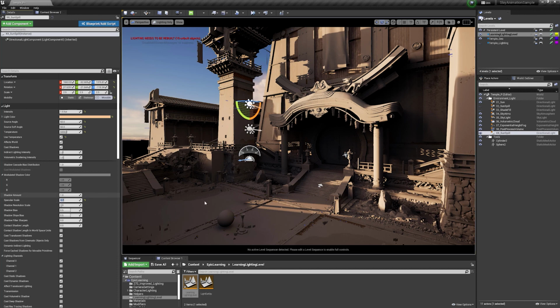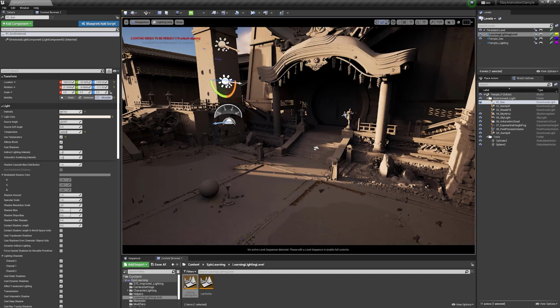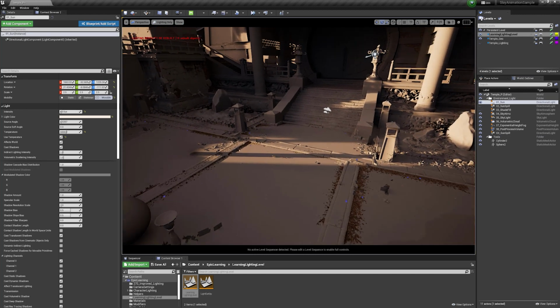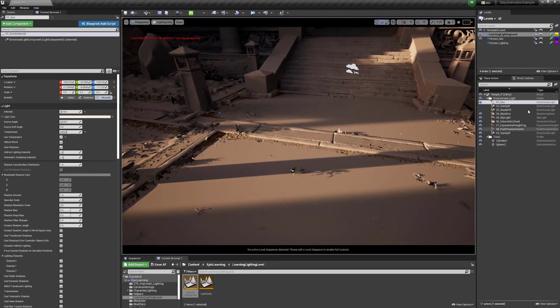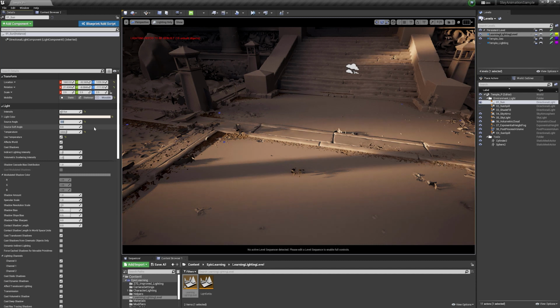Now let's go back into our original primary sun direction and take a look at the shadows here as well. I'm going to zoom into the stairs where it's a little more obvious and look at the edge of the shadow. As I have the sun selected, I'm going to go to the source angle. Right now it's at 0.537, which is the accuracy for the sun for Unreal's default. We're going to try this out at 1 and see how it affects the shadows. We'll try it at 3. It gets a little too soft here. So let's go with 2 in the middle and see what that looks like.